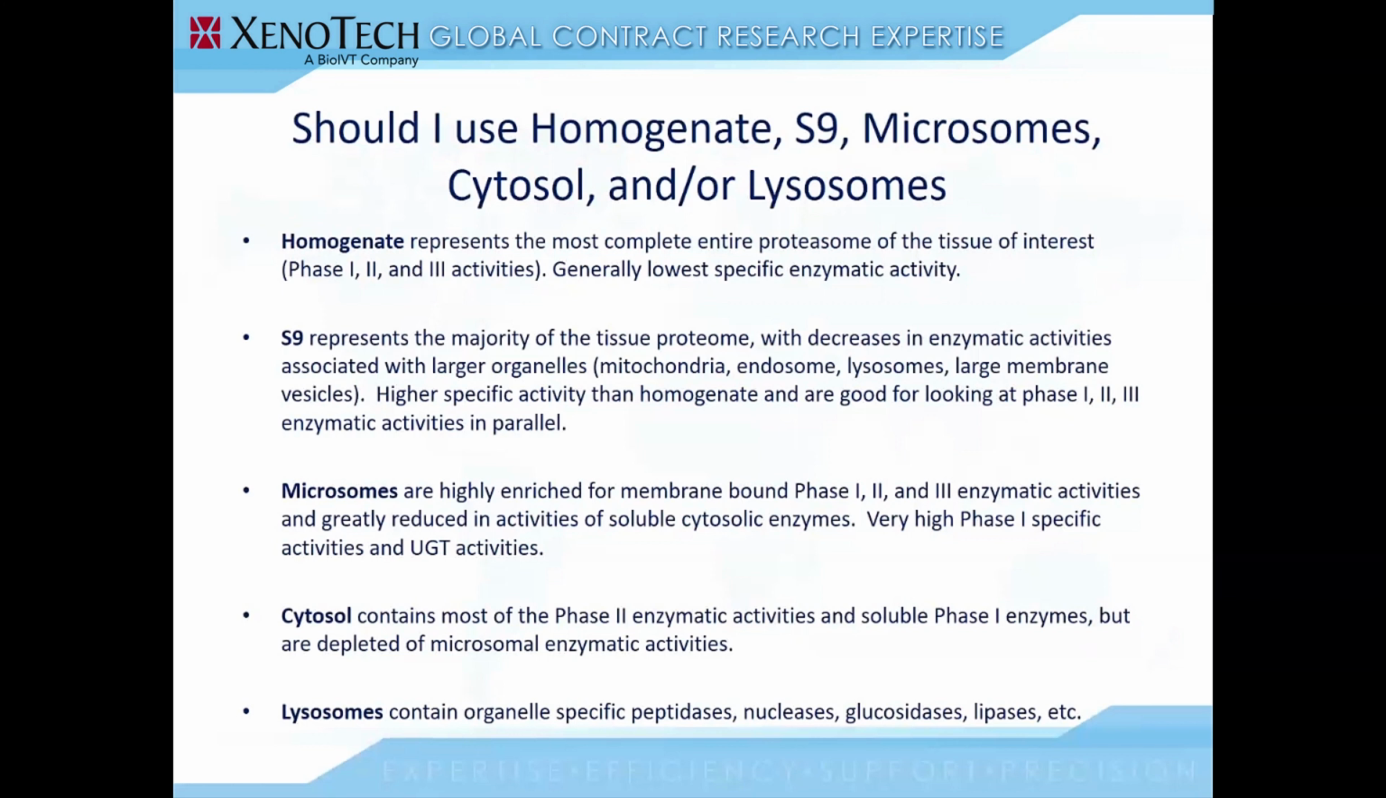Microsomes are useful if you're focusing on phase 1 and UGT enzymes, as they are highly enriched in these fractions and have the highest specific activity of the common enzymes of interest. Cytosol contains mostly phase 2 enzymes and soluble phase 1 enzymes, but is depleted of the activities associated with the microsomes. And don't forget, if you're using intestinal subcellular fractions, use standard PMSF-containing subcell for all non-esterase activities